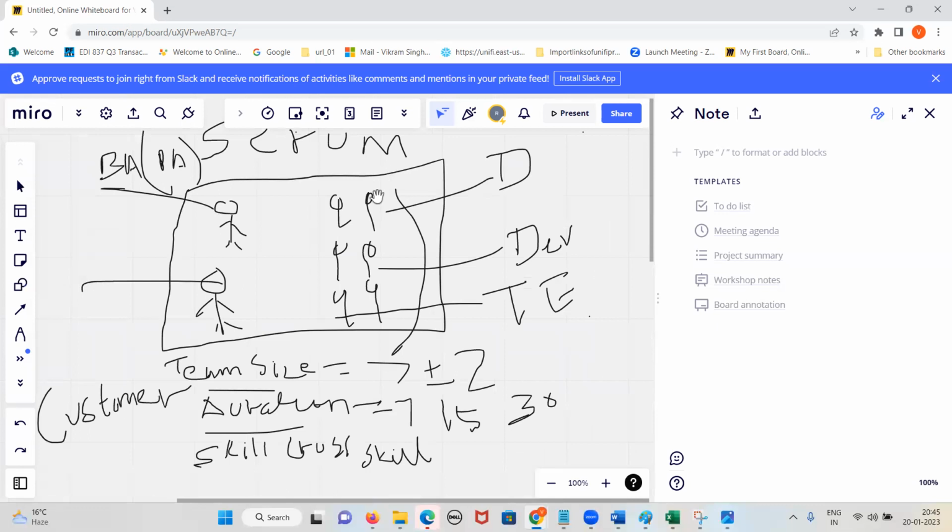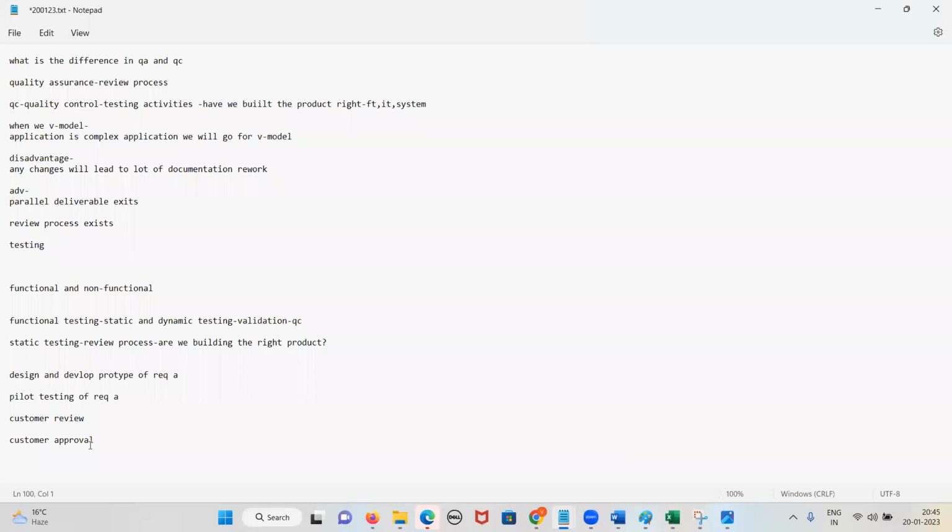How the Scrum team is there. What are the people here? Product owner, customer, and developers, test engineers, and designers. First high level design. So overall we are telling designers, developers, and test engineers. So in the agile methodology, guys, what you have to tell is, first of all,